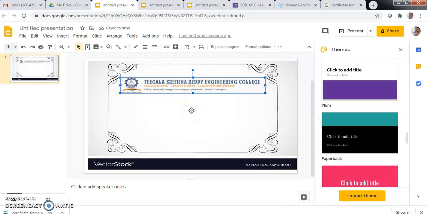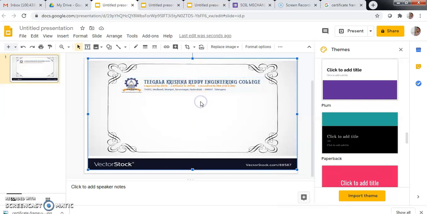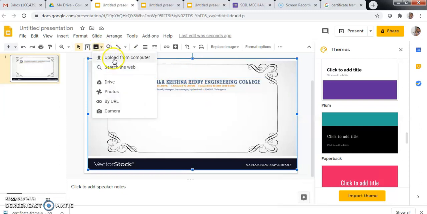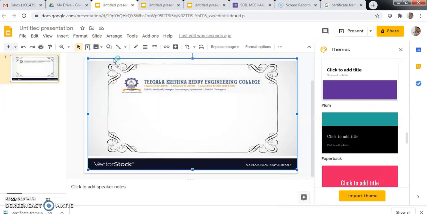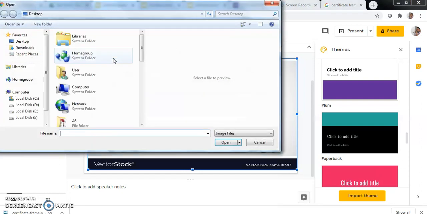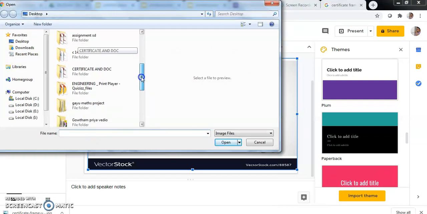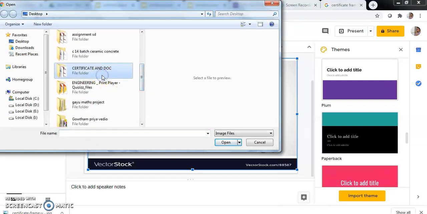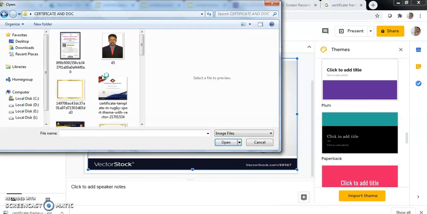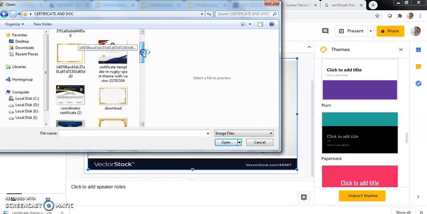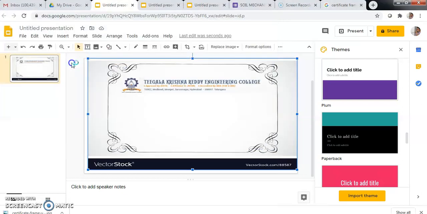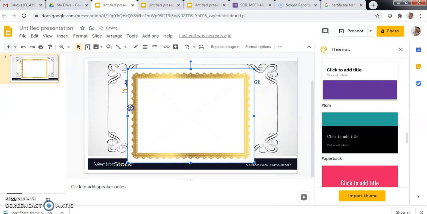Okay, if you want your college logo, what you have to do is the same thing: choose upload from computer. You have to save your college logo. Already I did some things, so I have this frame. Again I want to set back.